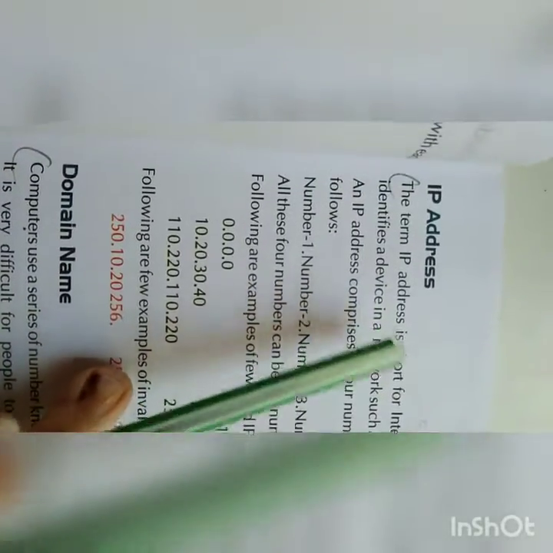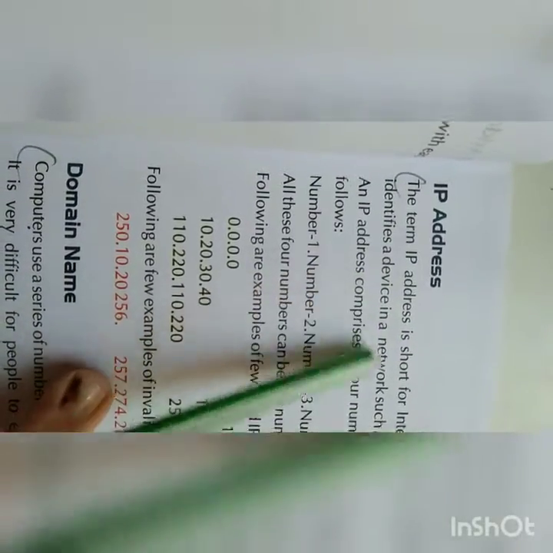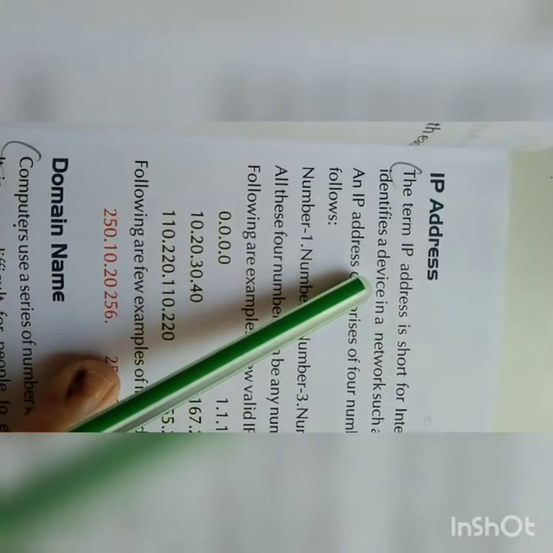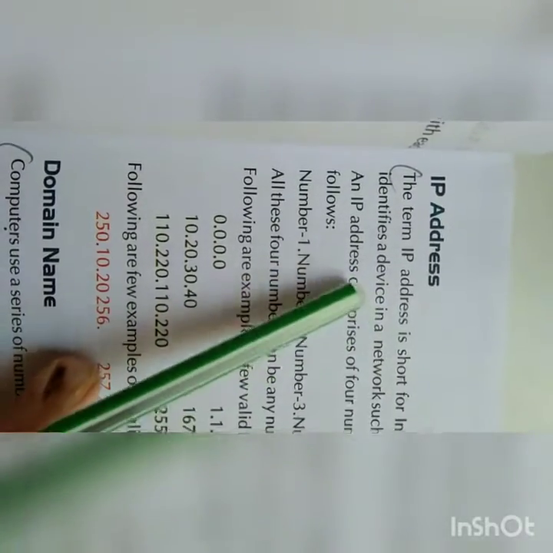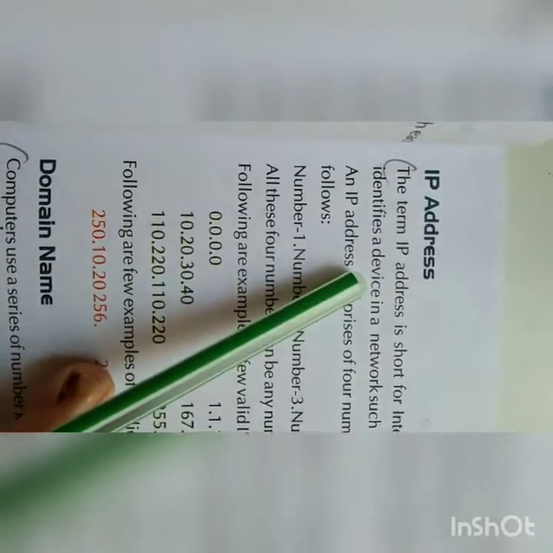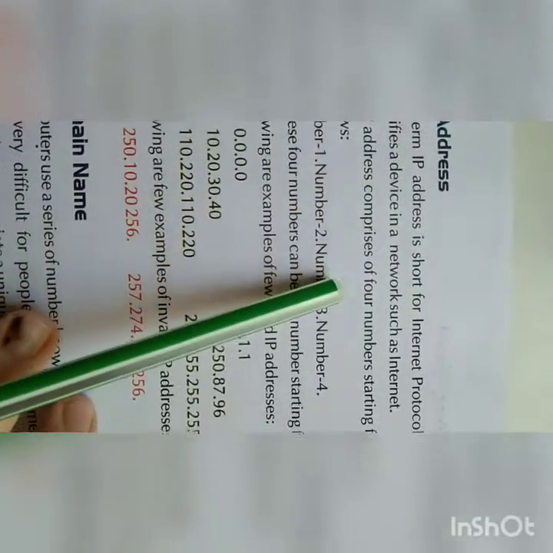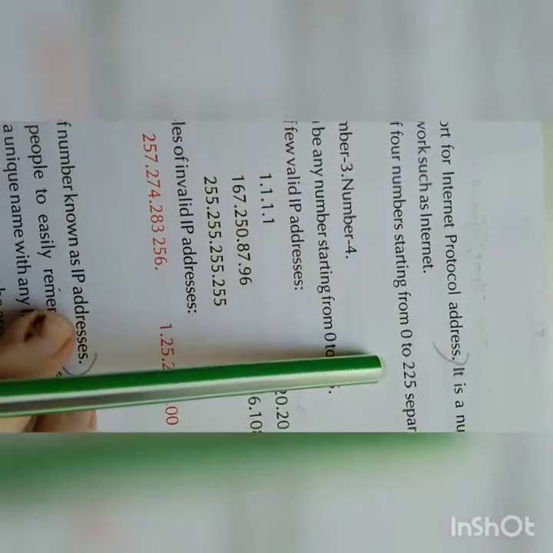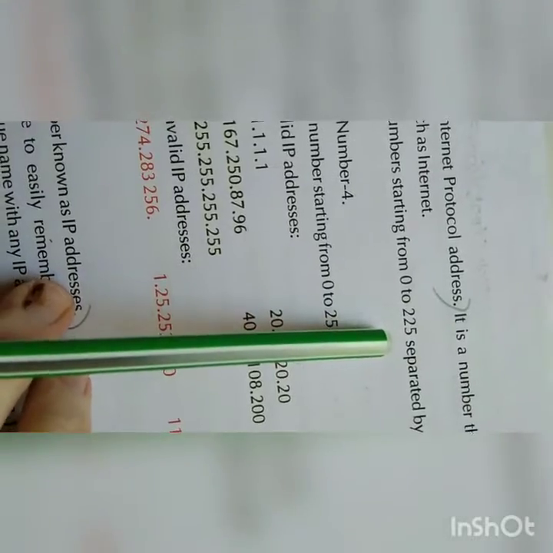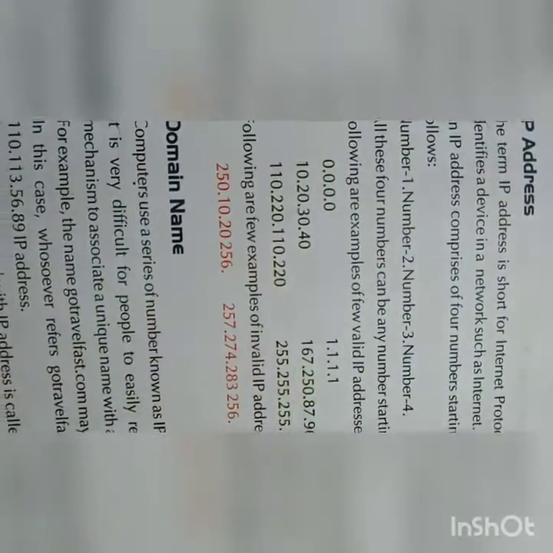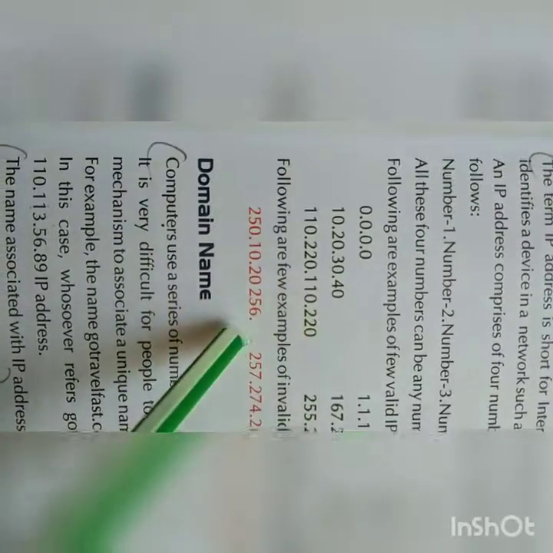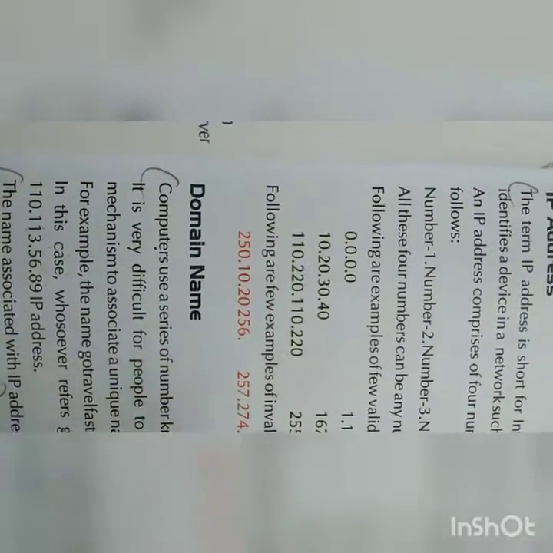Nowadays these cases are going on in the market, so they can block your device also. So next time you are not able to use that app. An IP address comprises 4 numbers from 0 to 255, separated by 3 dots, as follows. So this is the IP address format. You will learn this in detail in the next class.